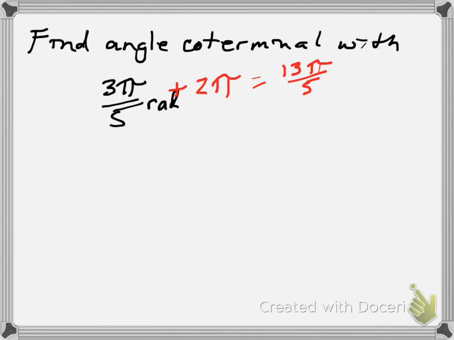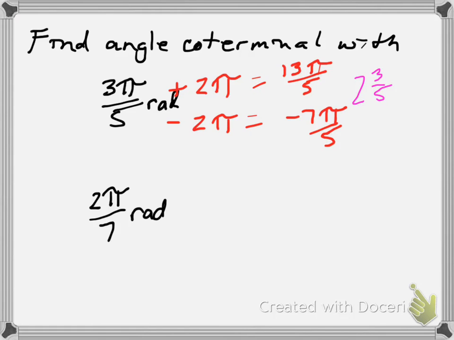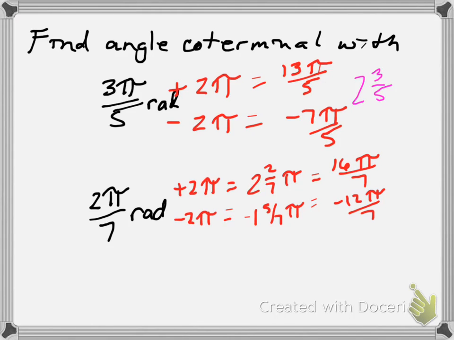You have to know if it's degrees or radians, and if it's degrees, you add or subtract 360, whatever it's telling you to do. And then radians, you add or subtract 2 pi. Subtracting 2 pi would also give you a coterminal angle, which would be negative 7 pi over 5. How did you get 13 pi? 2 3/5 is the mixed number changed to an improper fraction. Okay, there's another example right there. On the PDF,